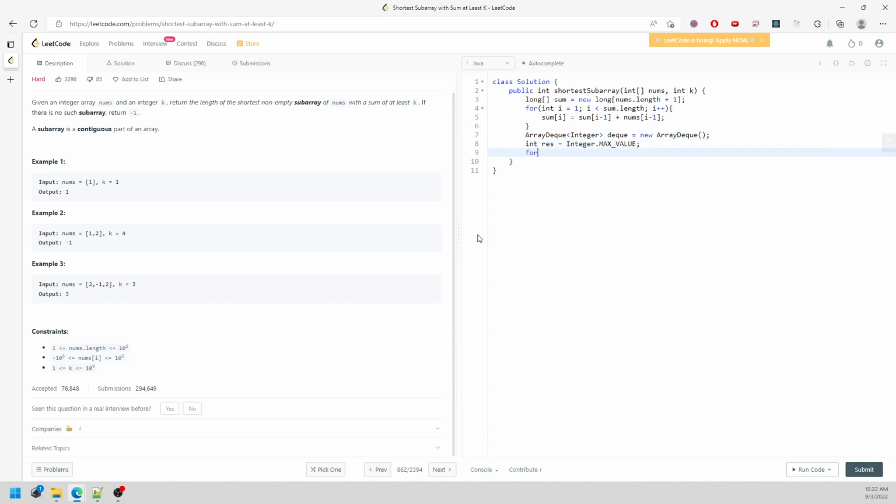And I'm traversing the sum, right? For every single one of them, I need to offer last my index value into the ArrayDeque. Alright, so the first condition is what? If the sum at I index minus sum at the ArrayDeque, which is the first one, the peek first,